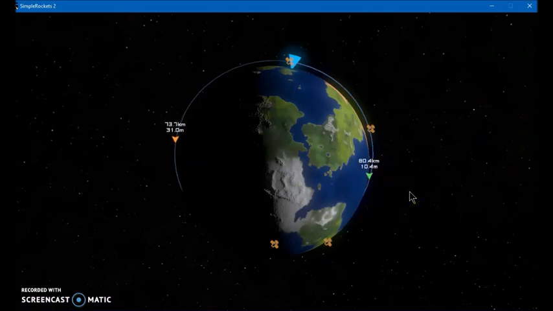Now, I'm not sure if that's the way circularization is being done, but this method is very simple in programming. I bring the time from this point to the apoapsis, and then I divide that by the period of the whole orbit, and the ratio that I get, I multiply by 360. That's how I get the angle perpendicular to the semi-major axis. Now, if you go back to the window,